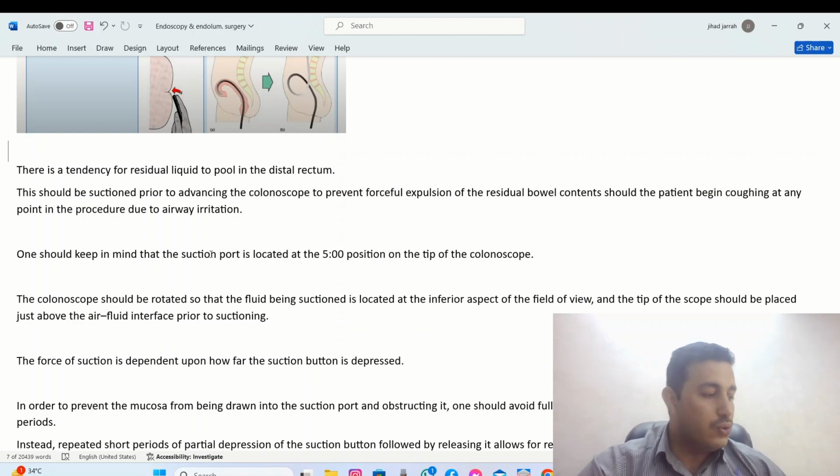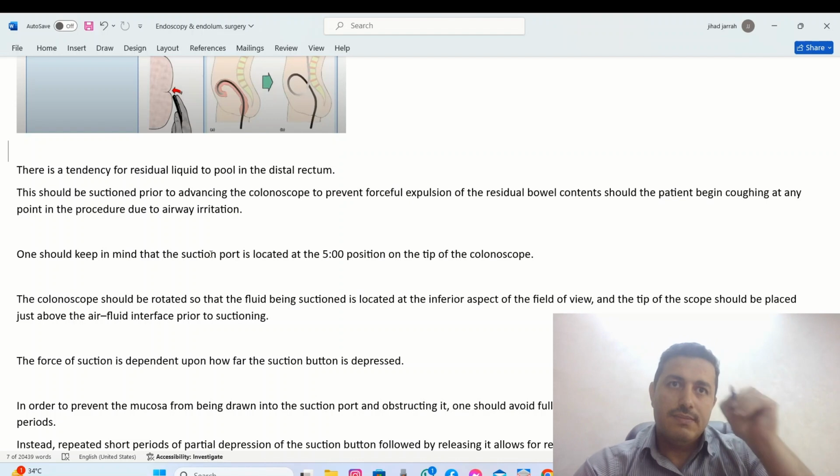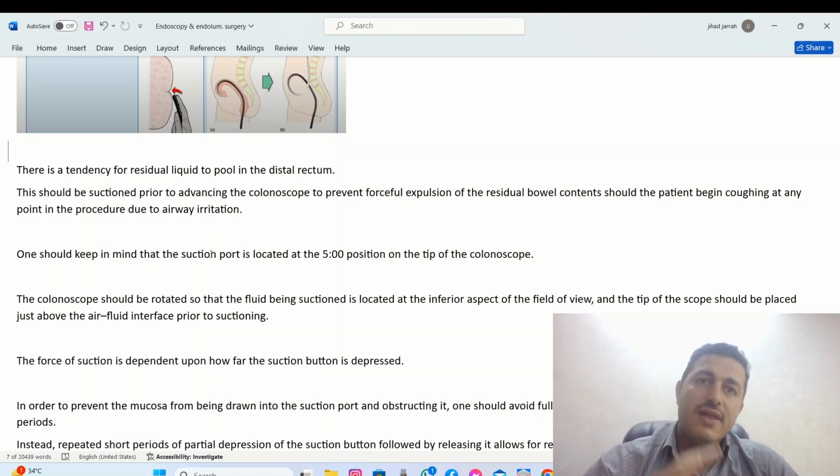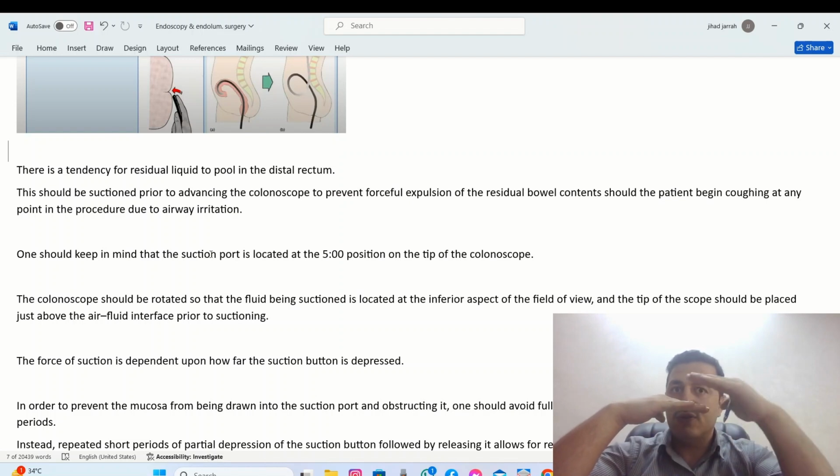So it's better to actually suction. You have to remember that the suction part is located at the 5 o'clock, so the scope should be at the air fluid level, so that the suction is in the water and the scope